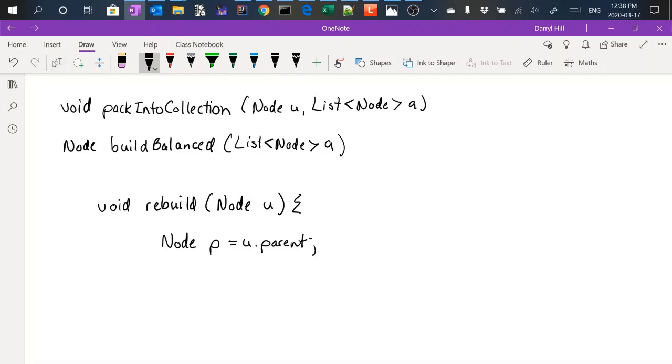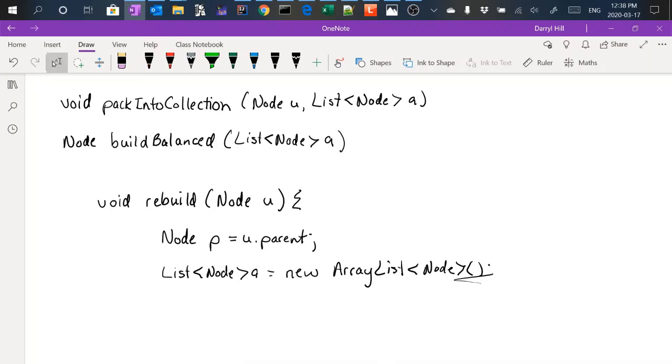And then we want to make a new list. And then pack into array, or pack into collection. That will store everything in this array. So pack into collection, and we'll pass it u and a,